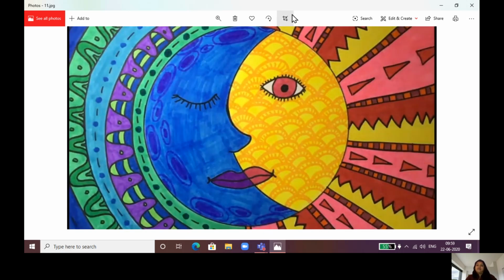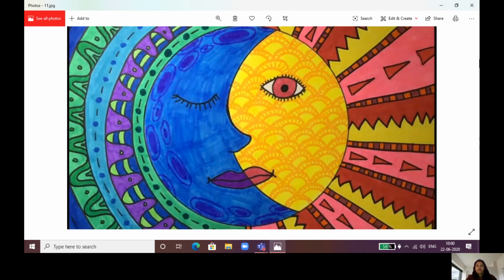All right. Now, similarly, as we have done the sun part, you have to make the moon part, using all possible cool colors. You can see all purple, blue, green, yellow shades are here. Once you are all done with the coloring, you can outline the entire picture with the black marker or sketch pen.